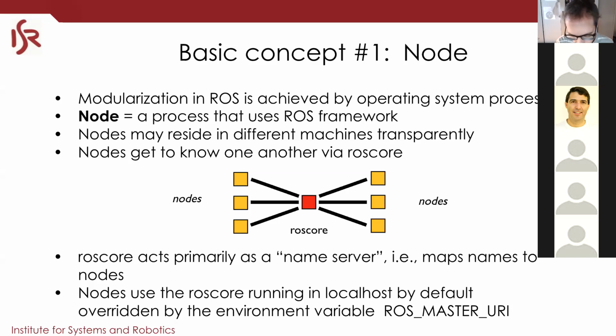Imagine that you have one node that is responsible for localizing the robot, and I want to get laser data. This node only needs to ask where the driver is, and it will communicate with it in a completely transparent way. So you need this ROS core. If you have nodes in different machines, you have to commit to having one ROS core in one node. You cannot have a ROS system with multiple ROS cores. However, you can have different ROS cores on the same machine, but they will be isolated.